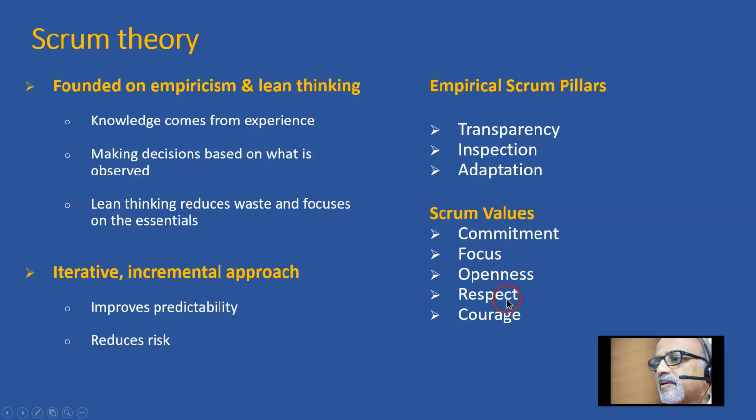So these are the Scrum values, and sometimes when I share this in a group of people, they get very cynical. But if you really want to appreciate it, you take the opposite of it. Can we deliver something with uncommitted people? No. Can we deliver something with a team which doesn't have a focus? No. Can we deliver something with a team which is not open enough to share the status and issues?